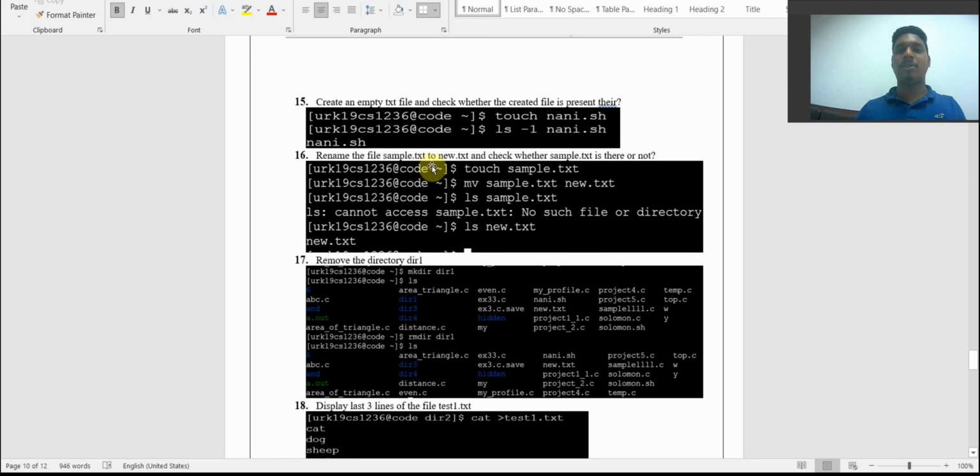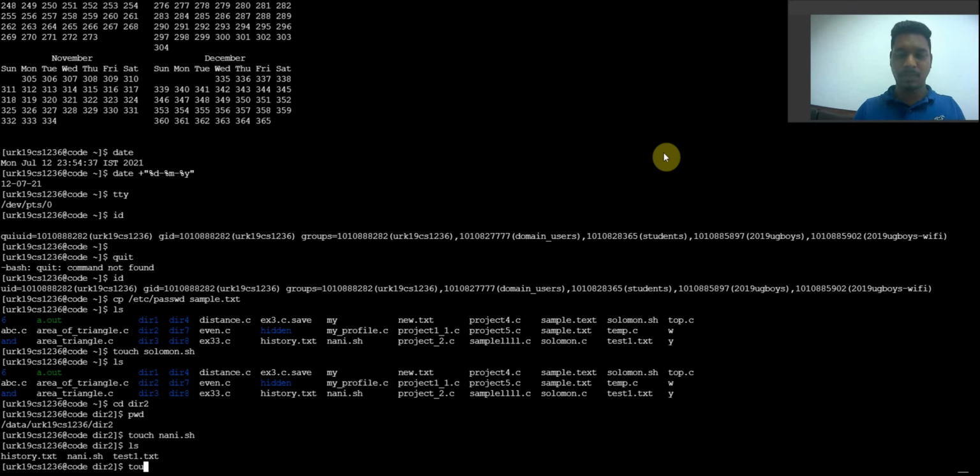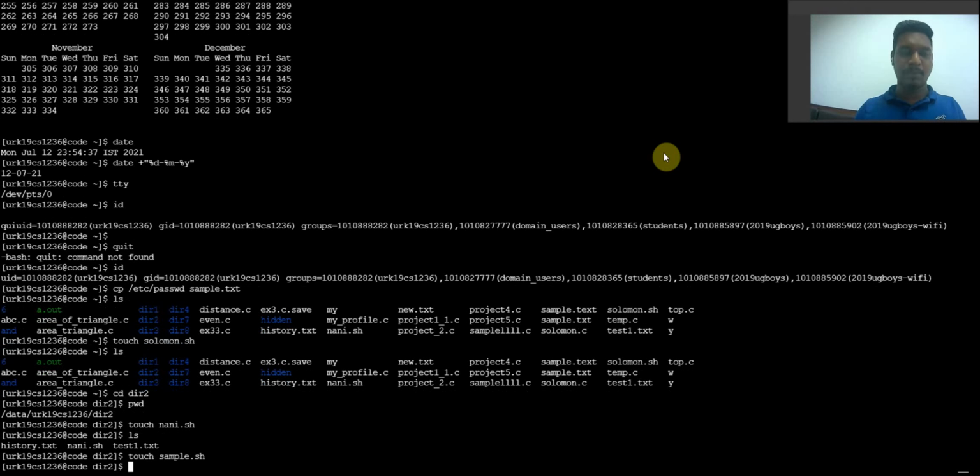Rename the file sample.txt to new.txt and check whether the sample.txt is there or not is the next question. So for that, first we need to create a sample file, like touch sample.sh. So sample.sh is created.